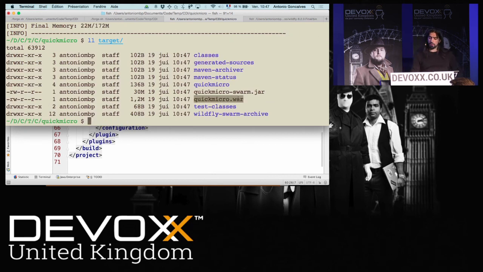Look, my WAR file is still here, but Swarm has created a quick micro-swarm.jar. And as you can see, it's 30 megabytes big. And if I look inside, there's my WAR file. So inside a jar file, I can find my WAR file, which is unusual, plus bits and pieces.